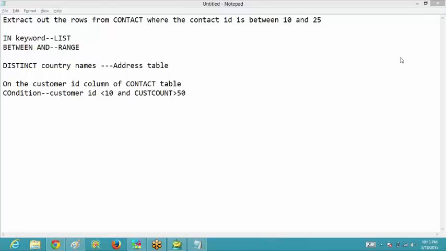Okay, Samantha, you are getting an error. Okay, Kavita, you too.